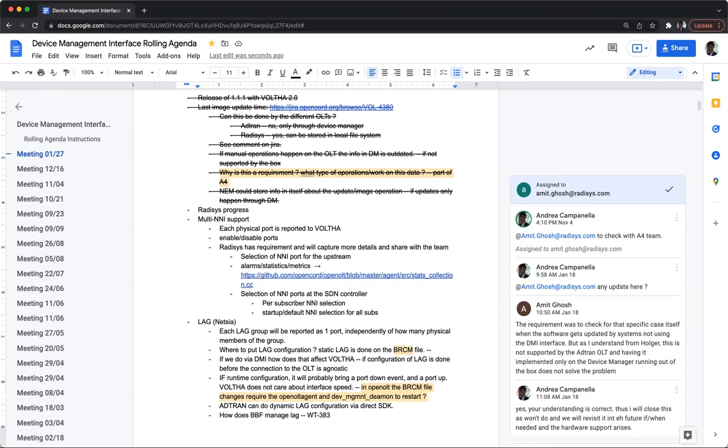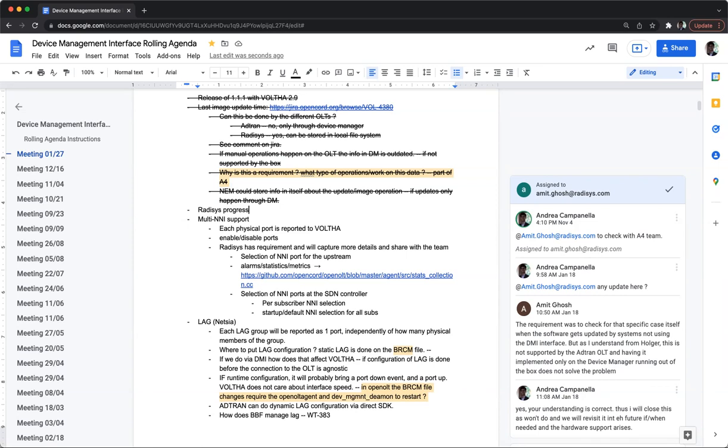On the multi NNI front, we started a small progress in Volta, which is the fact that right now the port speed has been hard coded until now in the OLT agent and OLT adapter.